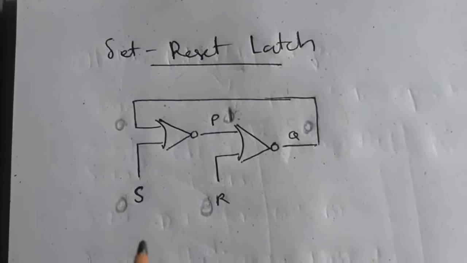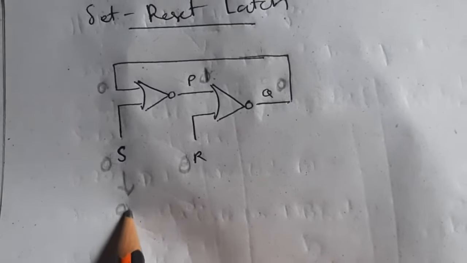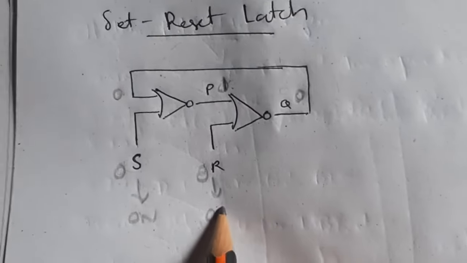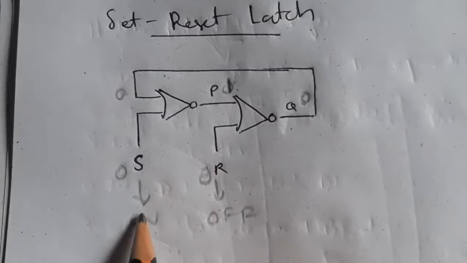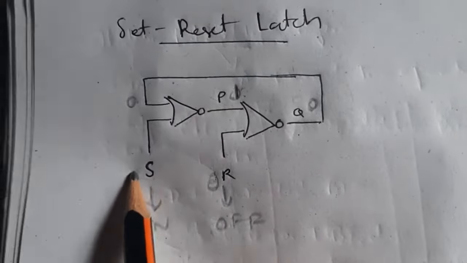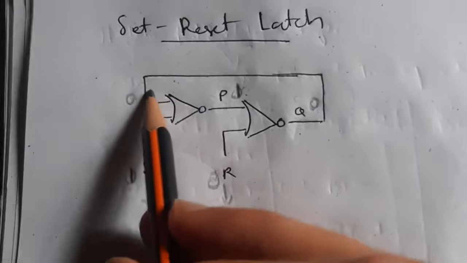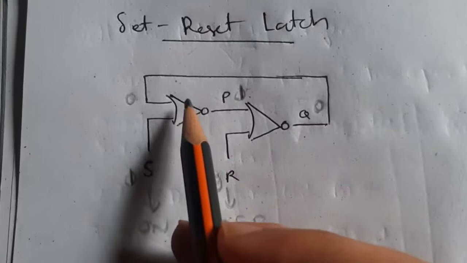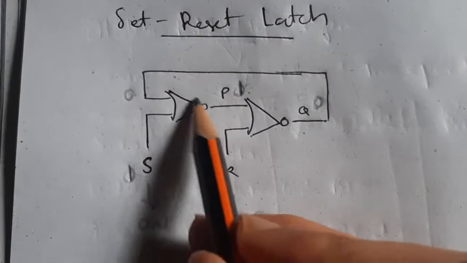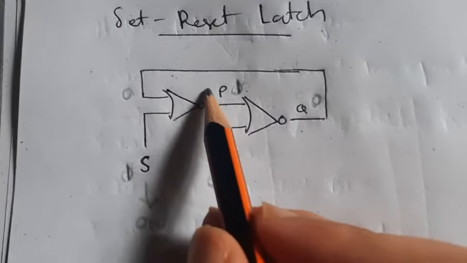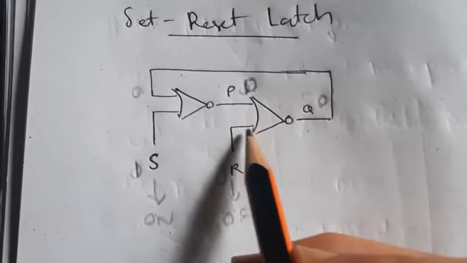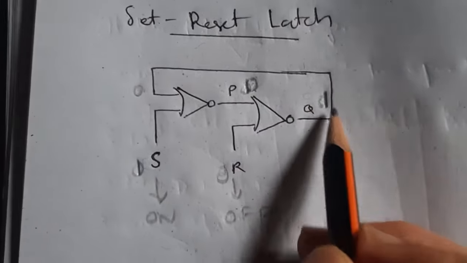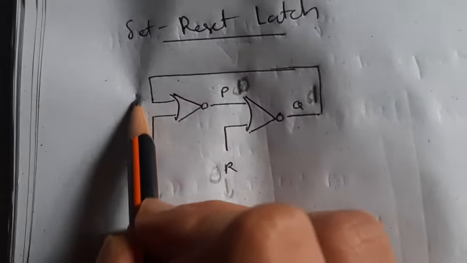Okay, now what S means is, like we will have the switches, on and off. S means set, R means reset. So if I want to turn on the switch, I'll click it and it will become 1. When it becomes 1, the inputs are 1 and 0. It should be 1, but it is a NOR gate, so the output of 1 and 0 will be 0. So P will become 0 here. When this is 0 and 0, Q will be 1. So when this 1 comes here, this will be 1.